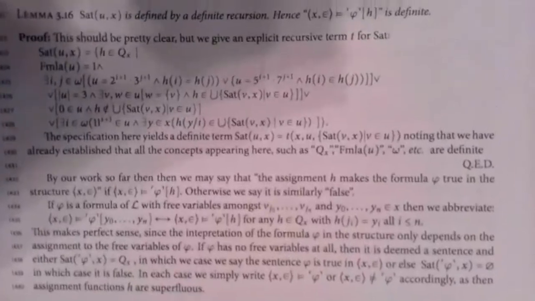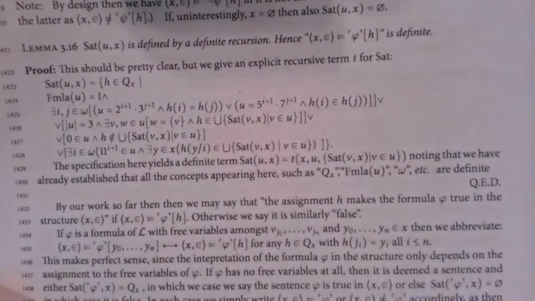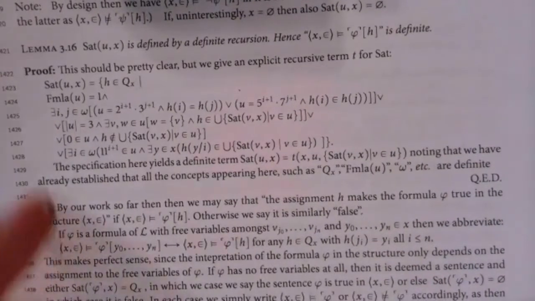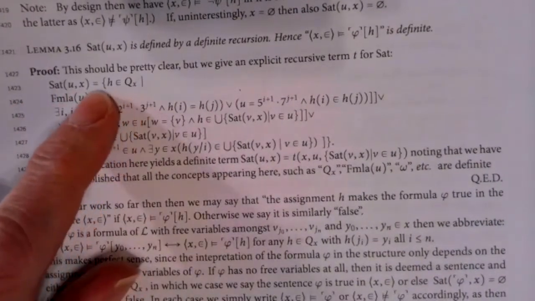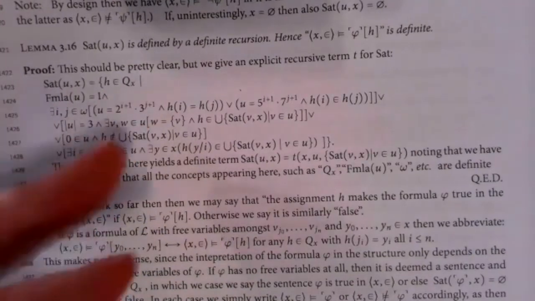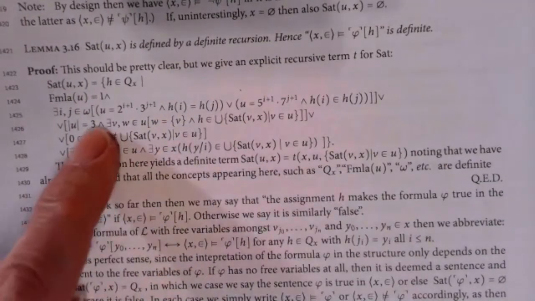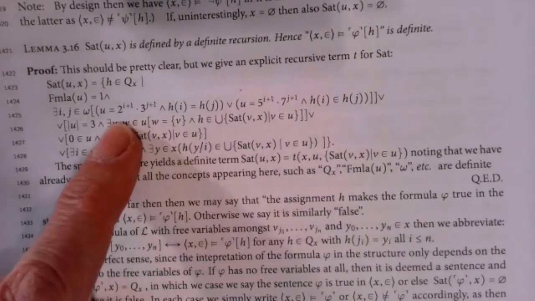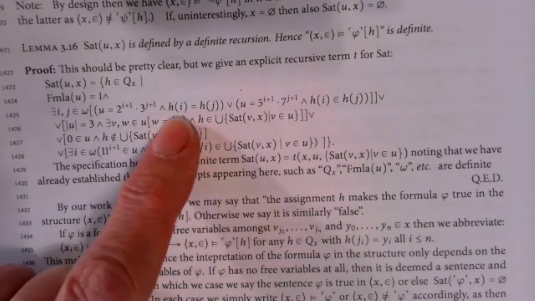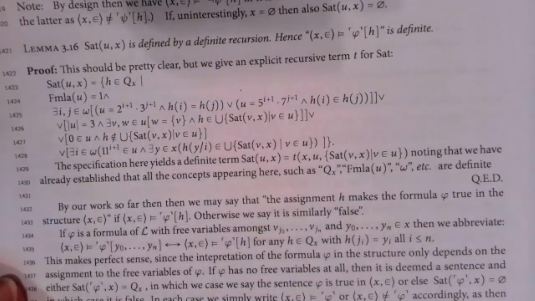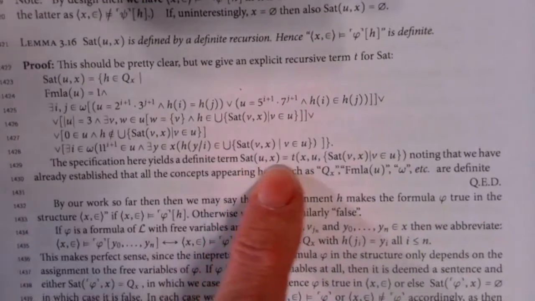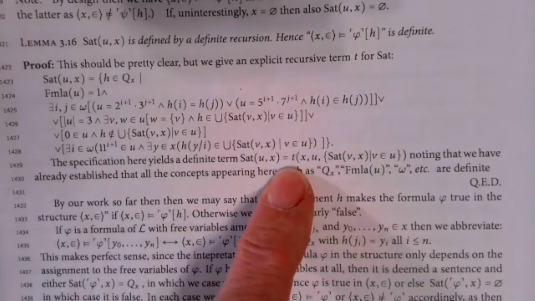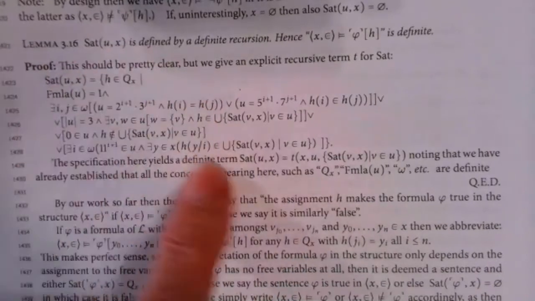Again, as I said, I'm not going to go through here, but just see the features of the proof. I can write sat ux as being the set of h's in qx, and such as a whole long thing, right? And again, you can see here, this says that u is coded up in a particular way, and h is making these assignments. And at the end, I just say sat ux is this term t that we're defining here